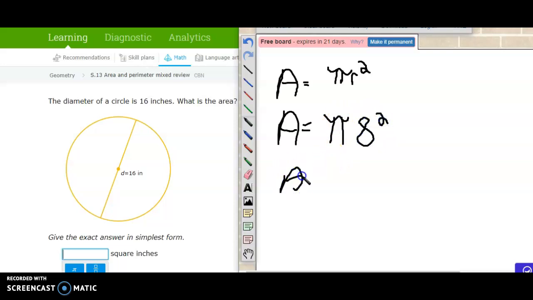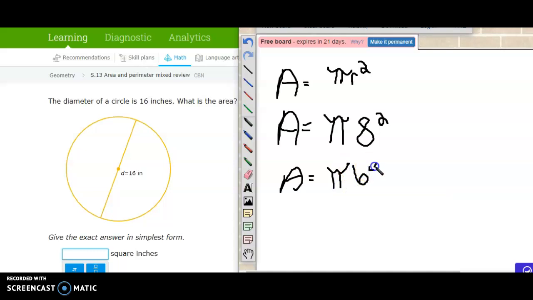Be careful from here, because from here, you have to use order of operations or you're going to get it wrong. According to order of operations, do we do multiplication or exponents first? That's right, you're going to do your exponents first. So 8 squared would give you